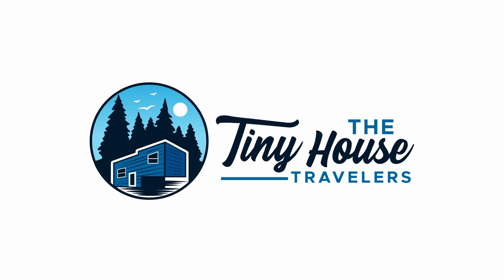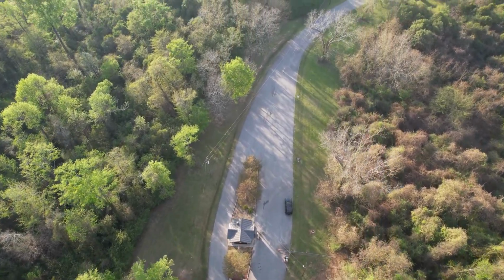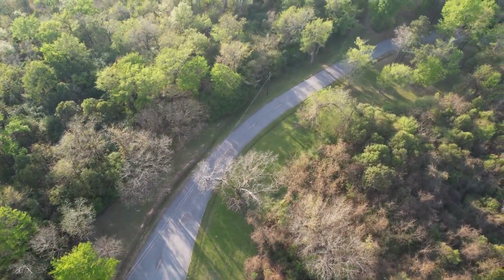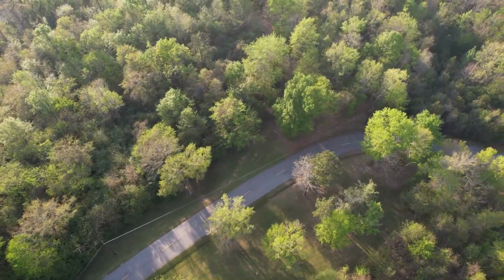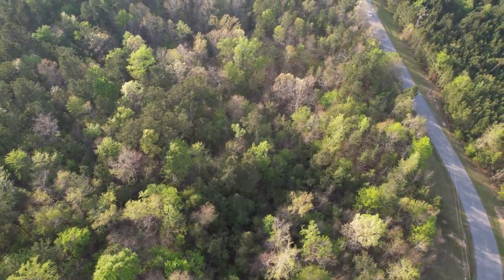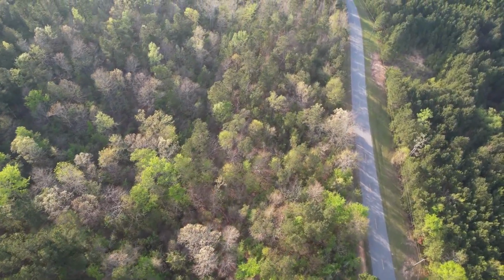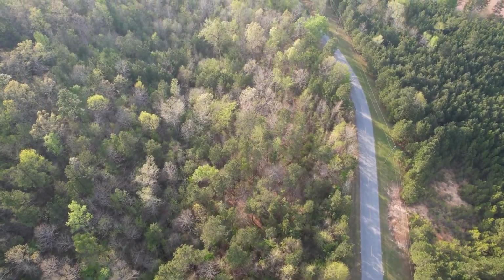The Lake Tobesofkee RV Park is actually broken up into two separate parks. The first park is Claystone Park on the north side of the lake. That park has 40 camping spots, 9 tent, 6 full hookup, and 6 waterfront. Arrowhead is the larger park that we are in on the other side of the lake that has 58 total spots, 17 of which have full hookups, 11 are waterfront, and 6 are tent only,